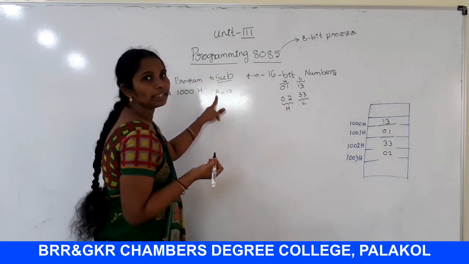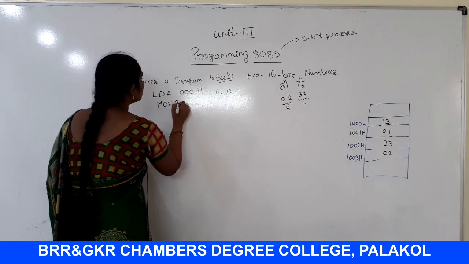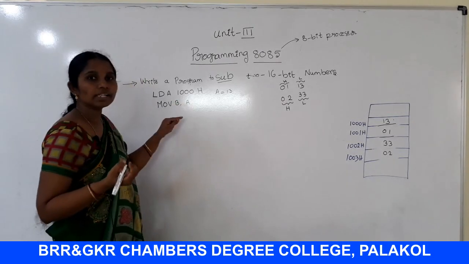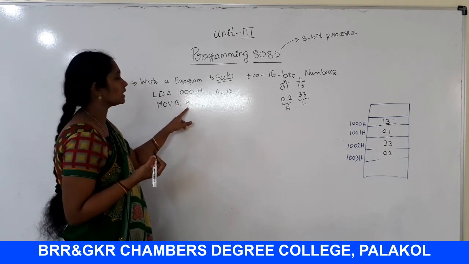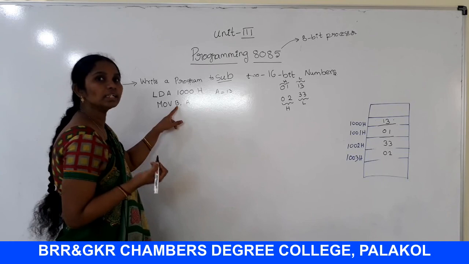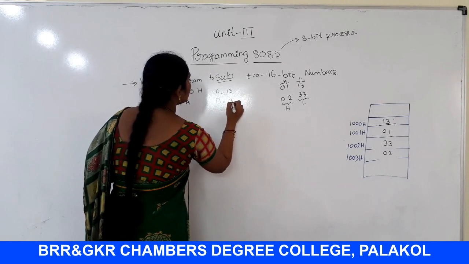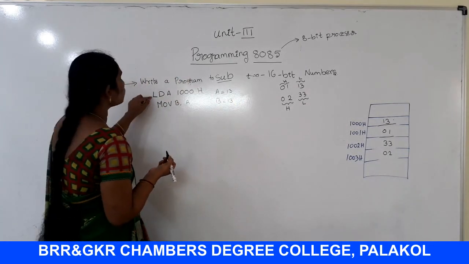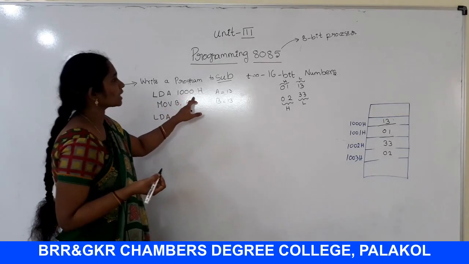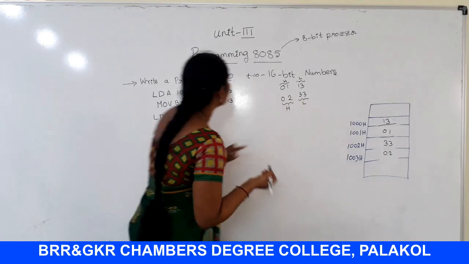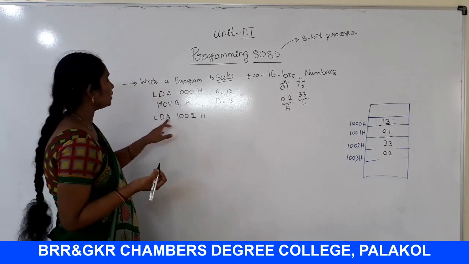Okay, so you have to clear this accumulator, therefore you initialize another register: MOV B, A. What is the meaning of this instruction? The contents of the A register are moved to the B register. Therefore after execution of this instruction B is equal to 13. Next we have to load another address. Note 1000 is completed, so the next lower order is 1002H here.